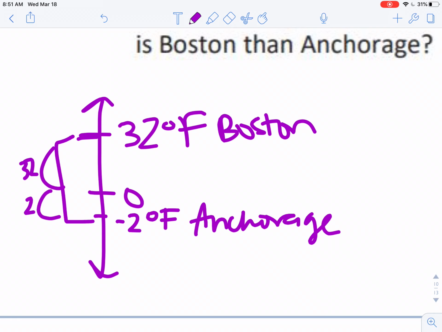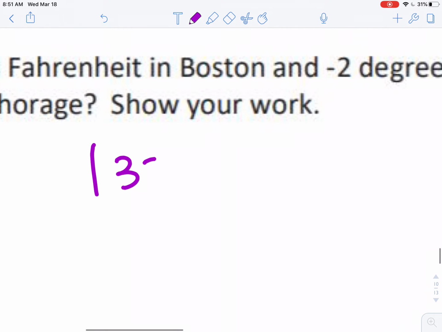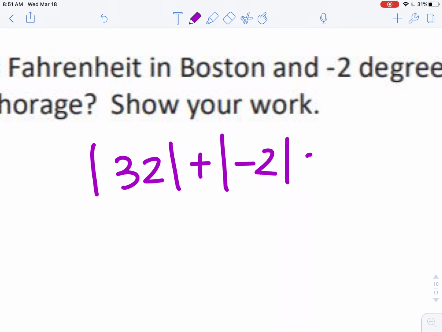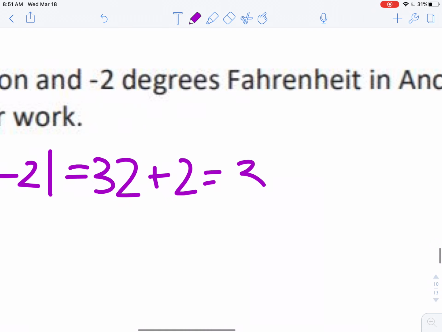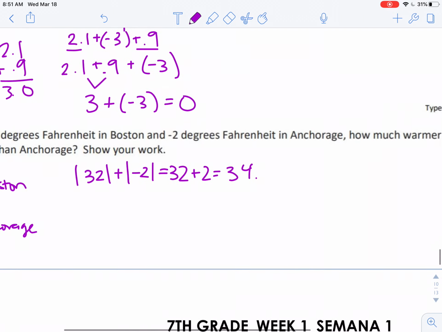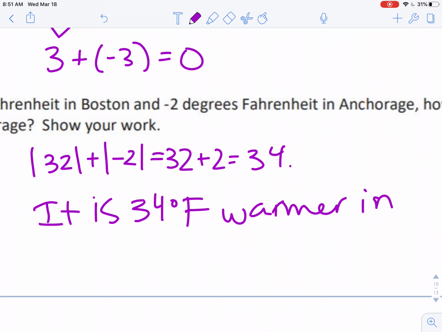So the total change in temperature, how much warmer it is, is 34. You can add the absolute values. The absolute value of 32 plus the absolute value of negative 2 equals 32 plus 2, which is 34. It is 34 degrees Fahrenheit warmer in Boston than